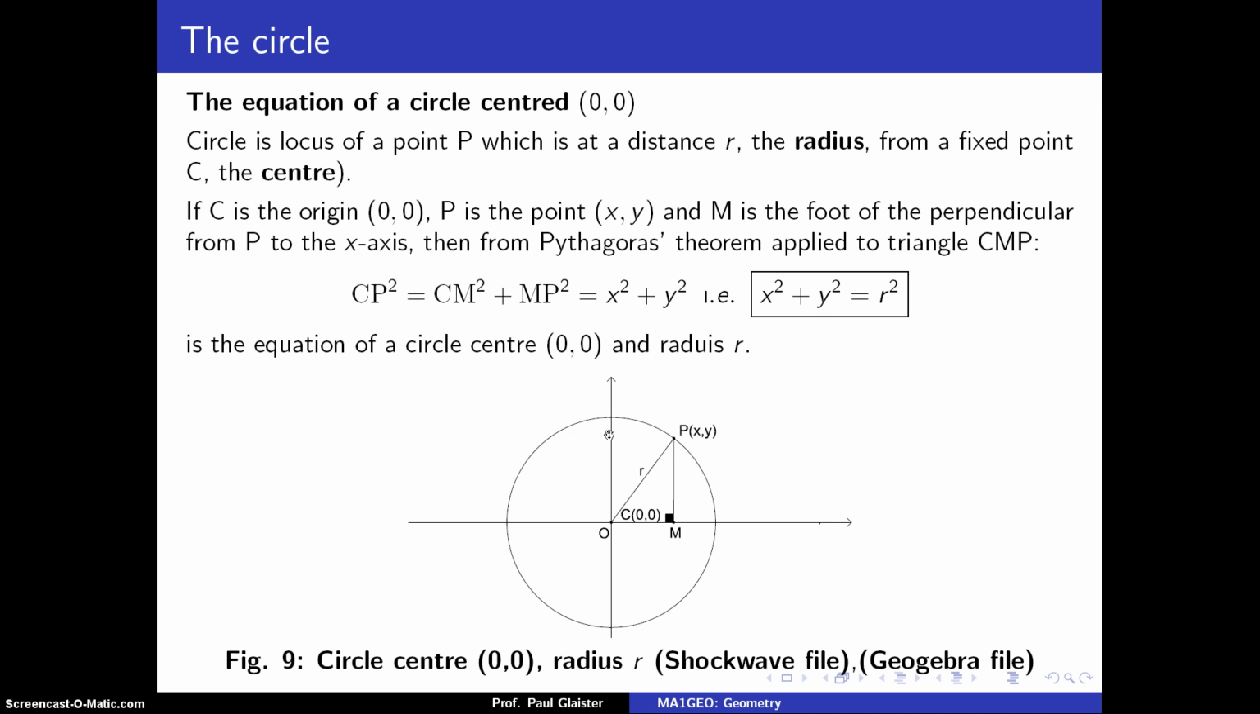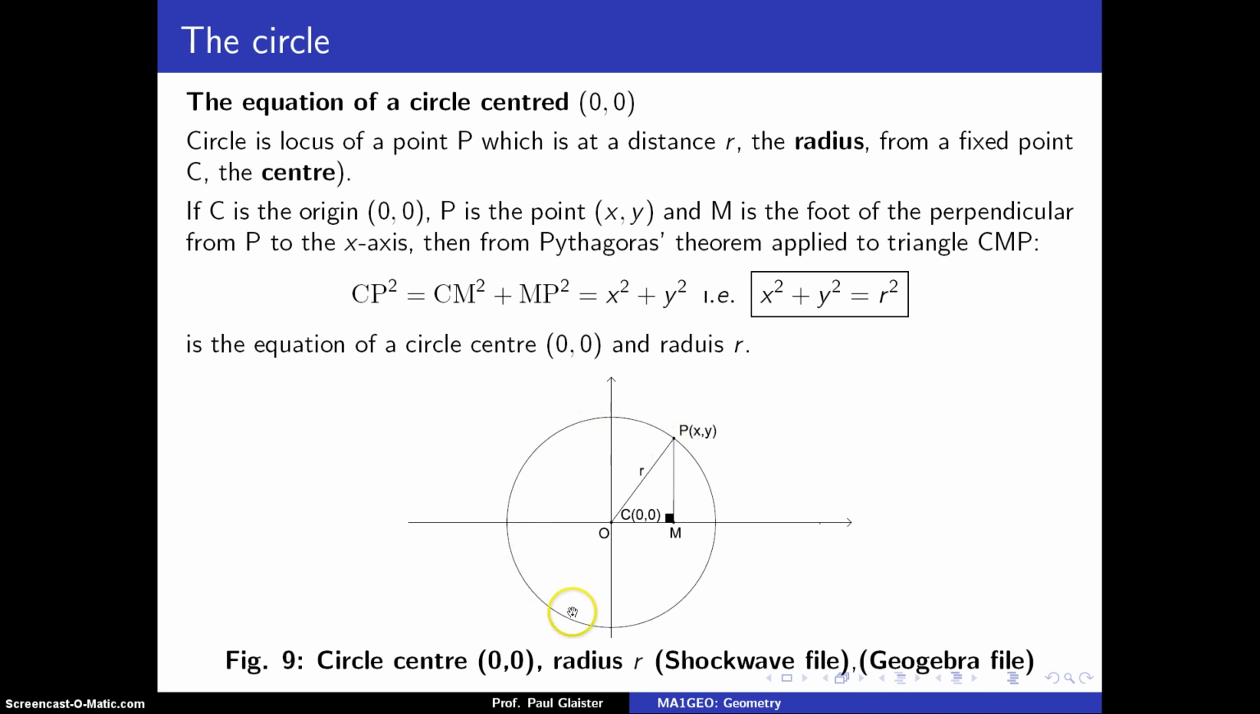So the first equation of the circle that you meet is that which is centered at the origin 0, 0 and radius r, and obviously the definition of a circle is the locus of all points which are equidistant, so a fixed constant distance from a fixed point. In this case, if that fixed point is the origin, then if the fixed distance is r, one traces out